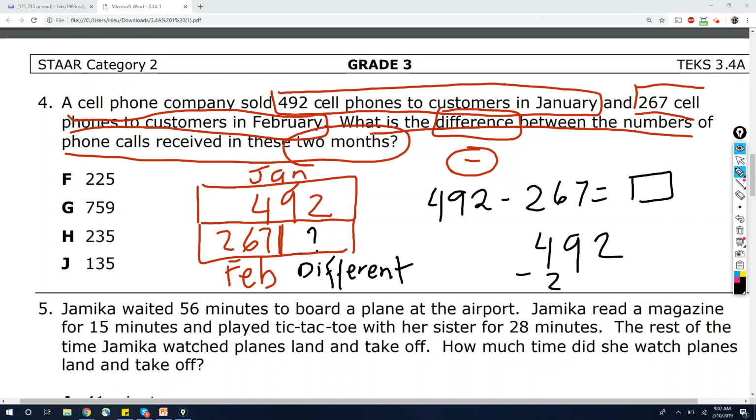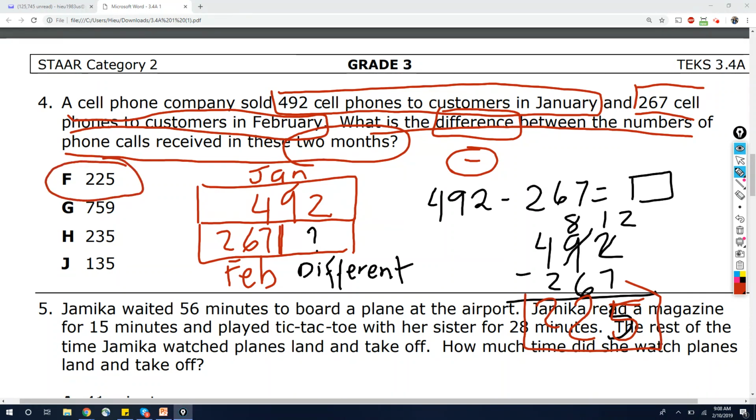492 take away 267. All right, can 2 take away 7? No. Regroup from the 9. 9 becomes 8. 2 becomes 12. All right, 12 take away 7. Grab 7, count on to 12. Go. 7, 8, 9, 10, 11, 12. The answer is 5. I'm going to use a different color. The answer is 5. All right, 8 take away 6. 6, 7, 8. 2 more. All right, 2. 4 take away 2. 2, 3, 4. 2 more. The answer is